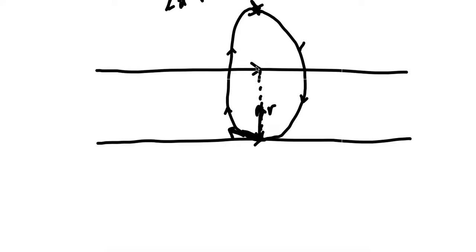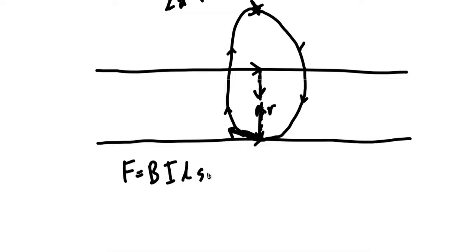We could actually run that whole argument through from the perspective of the other wire as well, which is look at the field caused by the bottom wire and the effect that it has on the top wire, and we would discover that in fact it pushes down on the top wire. But also Newton's third law about equal and opposite forces acting on different things suggests that if the top wire is exerting an upward force on the bottom wire, then the bottom wire is exerting a downward force on the top wire. So that makes sense, and we could calculate that because we also have F equals BIL,